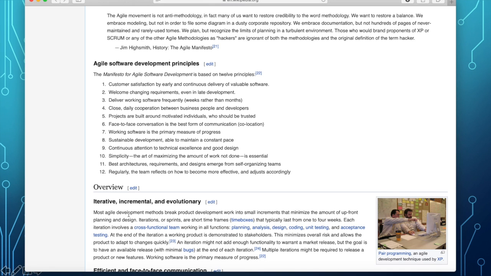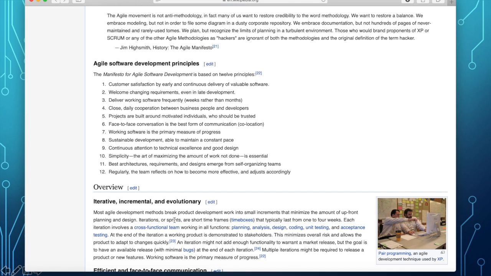Most agile development methods, and there are many of them, break the product development work into small increments that minimize the amount of upfront planning and design.